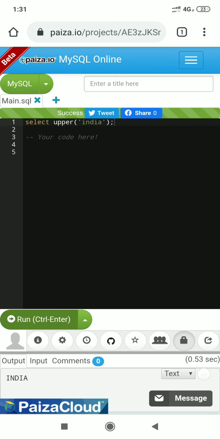After execution, students, you will find in the output window in the lower part of the screen that India is written in capital letters. So the upper function returns an uppercase value if the string is passed in lower case.